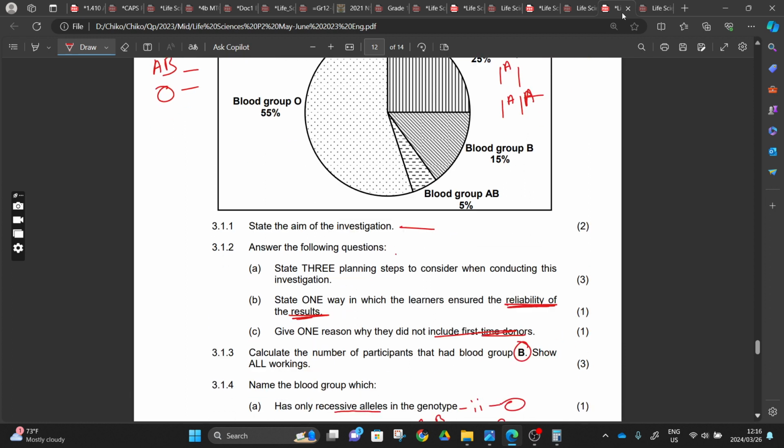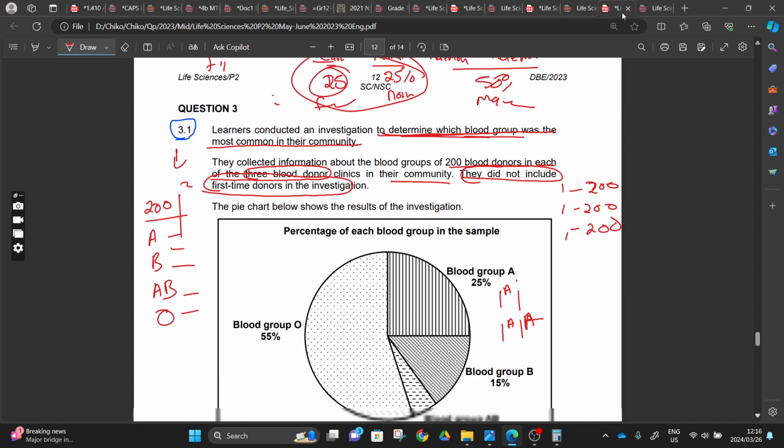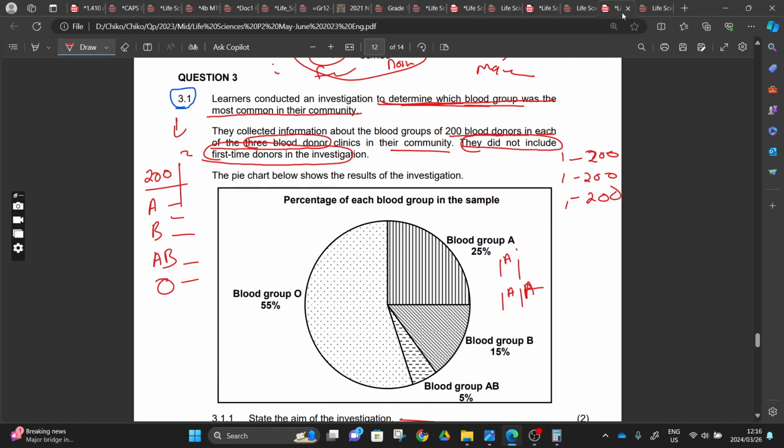And then the question: state the aim, answer the following question, state 3 planning steps to consider when conducting this investigation. What are the 3 steps that you can consider? One, you can ask permission from the clinic, and number 2, another one that you have to consider, what is it? You can ask